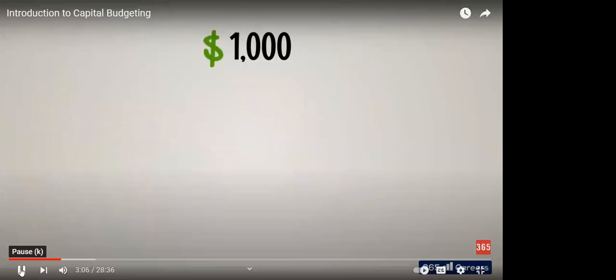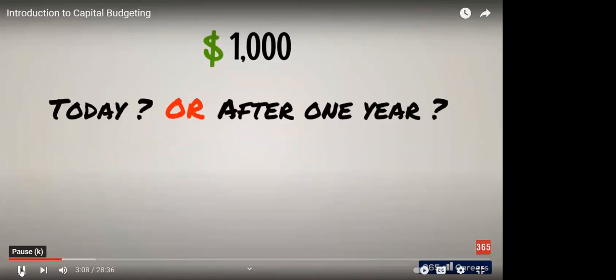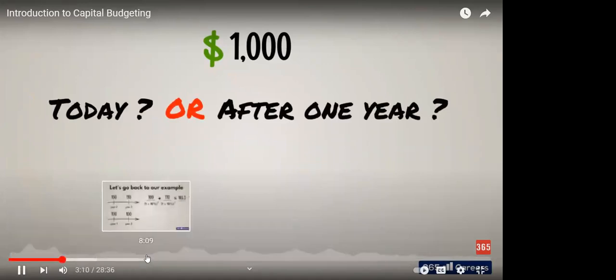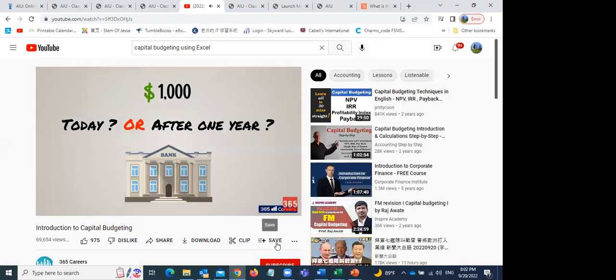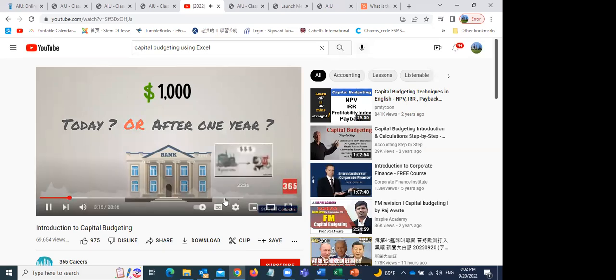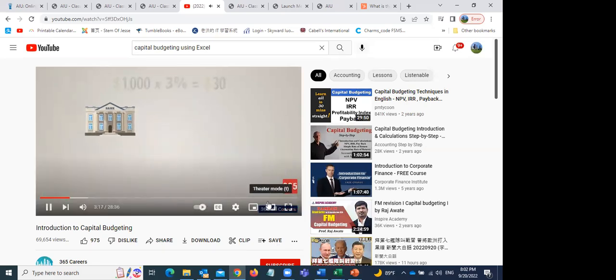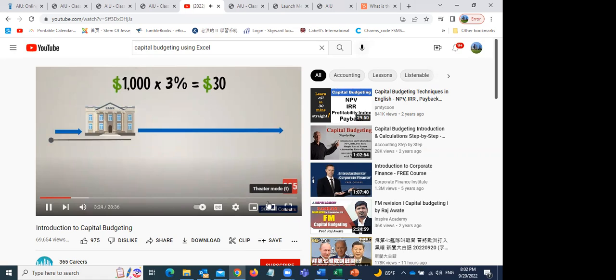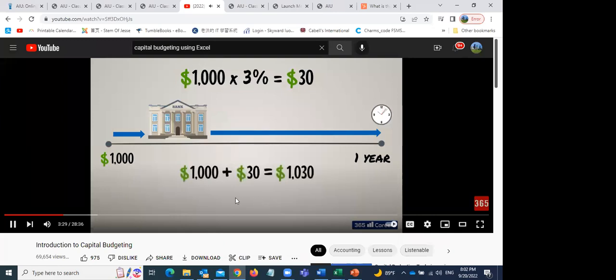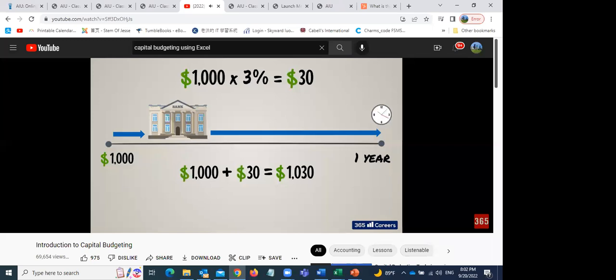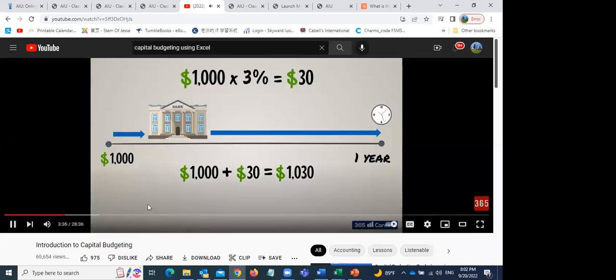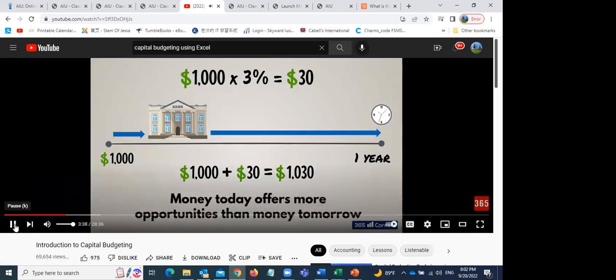Let's imagine we will be paid $1,000, and we are offered to choose whether to receive it today or after 1 year. If we choose to receive the money today, we can go to the nearest bank and deposit it for 1 year. Given that the bank wants to attract such deposits, it will pay interest on our money. Let's imagine the bank would pay us 3% if we leave our money there for a year. In 1 year, we will collect our initial $1,000 and we will be paid 3% of $1,000. We will have $1,030 total. Had we received $1,000